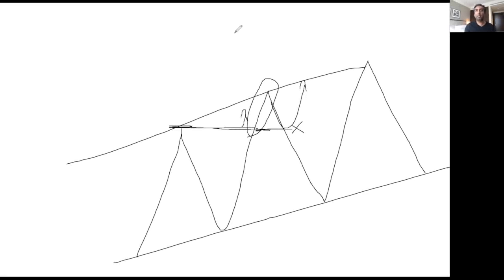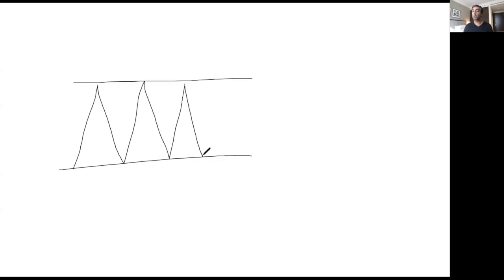Okay, so now let's take it a little bit further. Ranges, you get the drift on a range, right? This is a range. Where is your resistance in a range? On the top. It's this area right here that price keeps touching and runs away from. It keeps bouncing from that area. That's your resistance. It's proving to you it's holding. Where's your support? On the bottom. It keeps bouncing from that same or similar price, it doesn't have to be exact, and it keeps running away far distances.